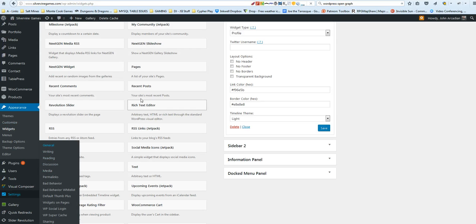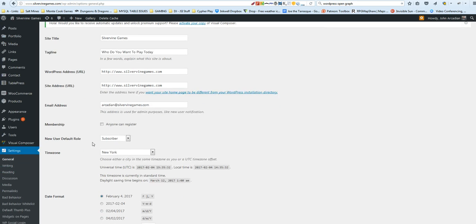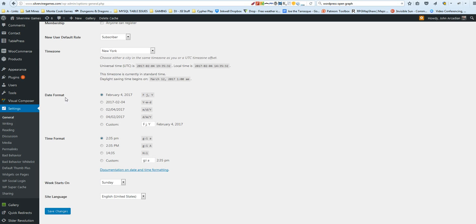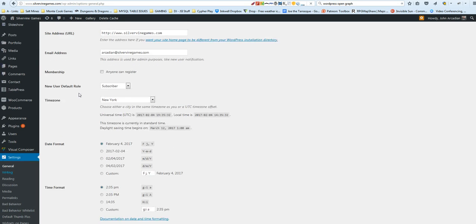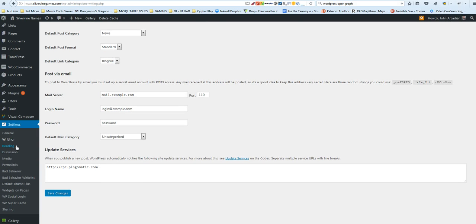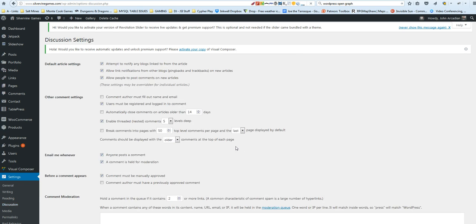There are many things you can do in the settings just in general for security. I would definitely turn off membership, so that anyone can register, if you do not have the sort of site that requires registration. That way people have to register through a certain setup. Making sure that reading and commenting, if you don't actually need it, are turned off is good. You also want to make sure search engine visibility is turned on so that people can see it. But under discussion here,